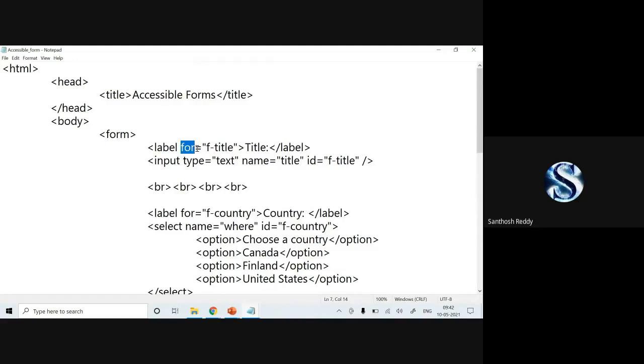For that for attribute, you can specify any value, whatever you want. But whatever value you have given for the for attribute, the same value we have to specify in your input tag, wherever you are using the input tag for that particular title, for its attribute called ID.